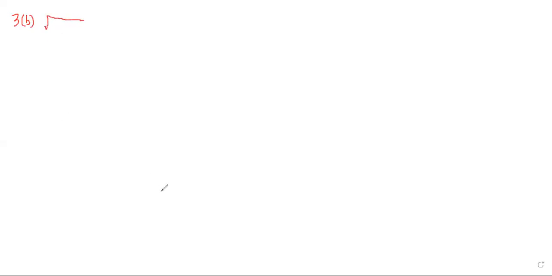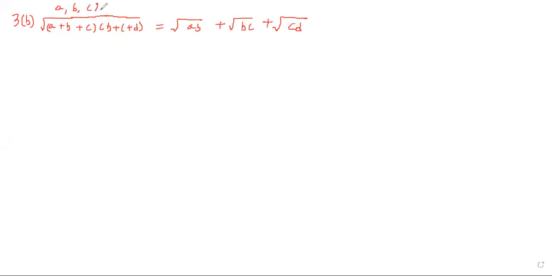Root of (A plus B plus C) into (B plus C plus D) equals to, we have to prove, under root AB plus under root BC plus under root CD. Being given that the four numbers A, B, C and D are in